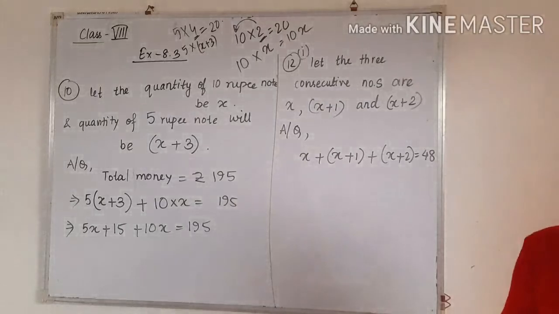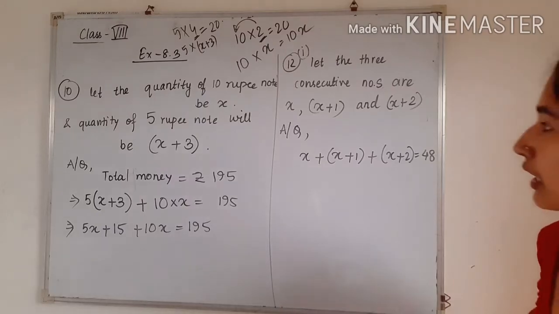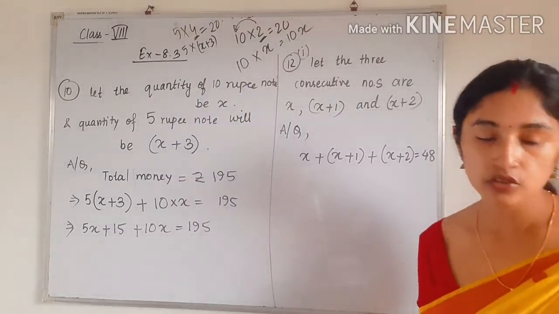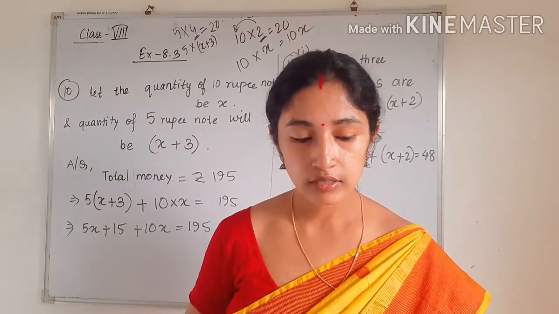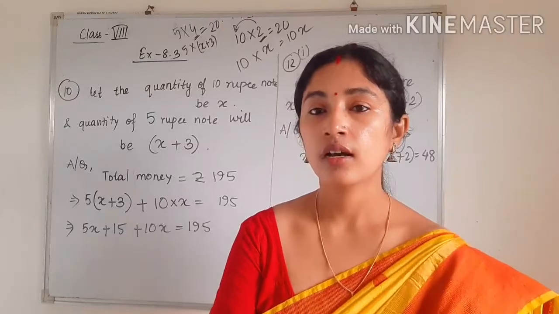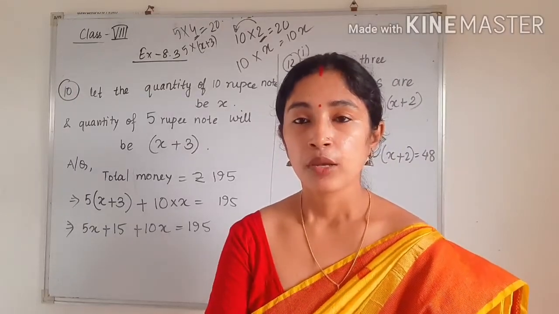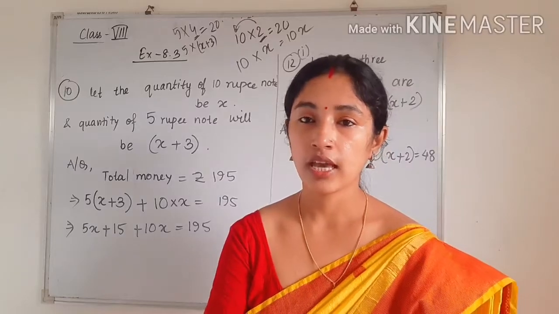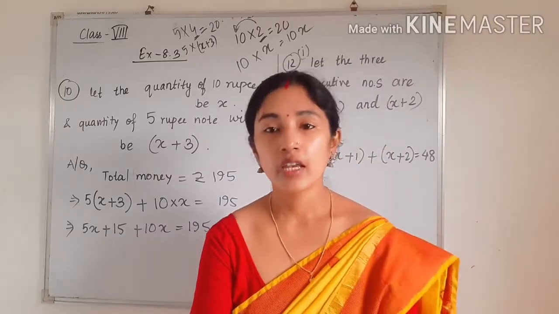Now come to the next question. Question is number 12. Number 12, part 1 I am doing. So you can do the remaining ones easily also. See, here they are telling that you have to take 3 consecutive numbers and you have to add them. You should get the sum equal to 48. So we have to take the consecutive numbers. So the first consecutive number you have to take X, because we don't know, or you can take Y also. Okay. So any variable you can take.